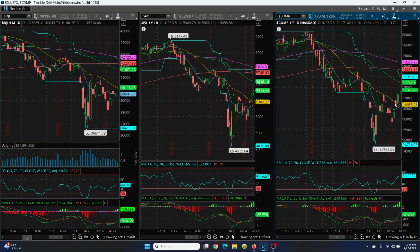So here's what we've got going on here. We're watching the same kind of scenario. It was holding that 21-day, and then finally it broke through, and now look here, we put in a nice higher high today. So we have this high of a 17,404 level. So now your next level is going to be right to the top of this candle here. You're looking at 17,506, and then on top of this candle here, 17,716, and then we're going to